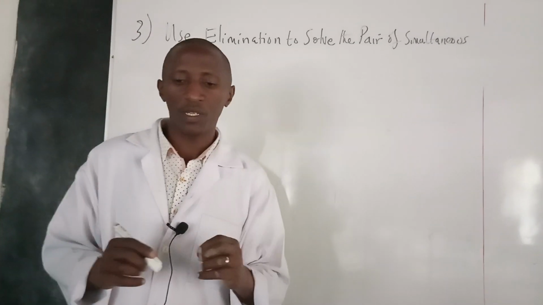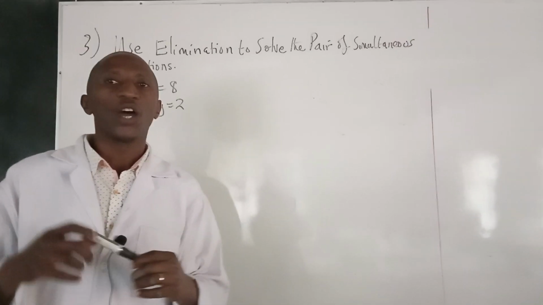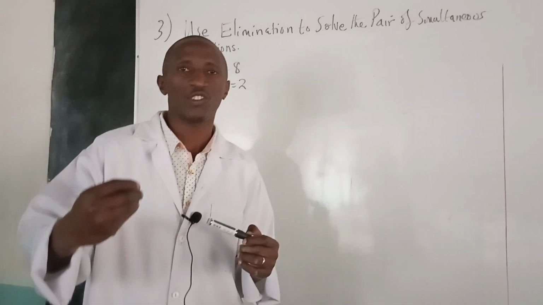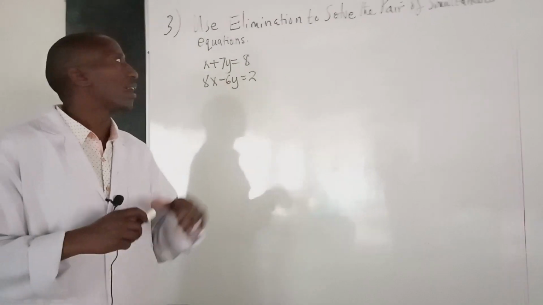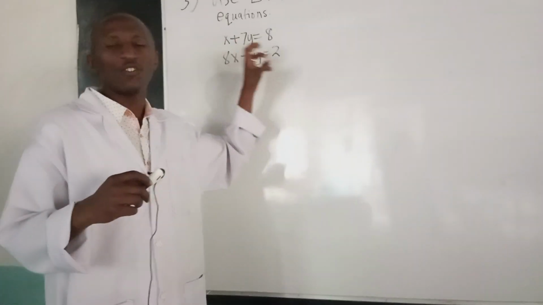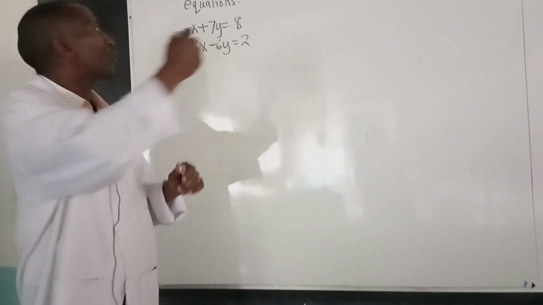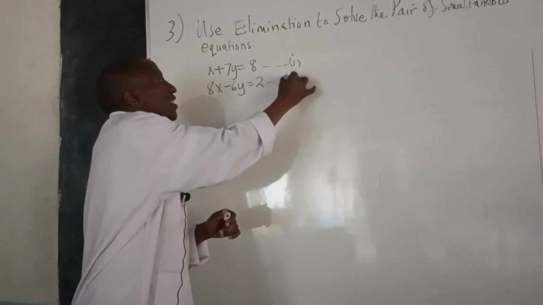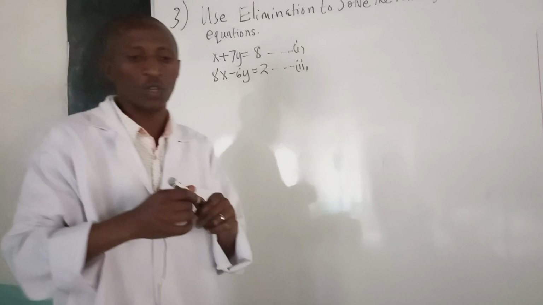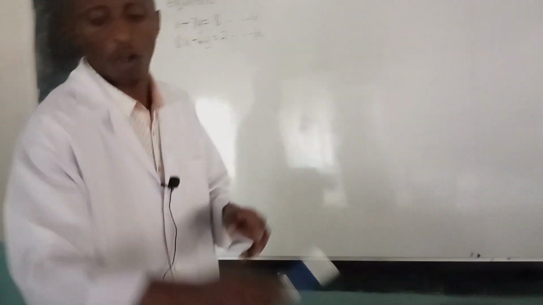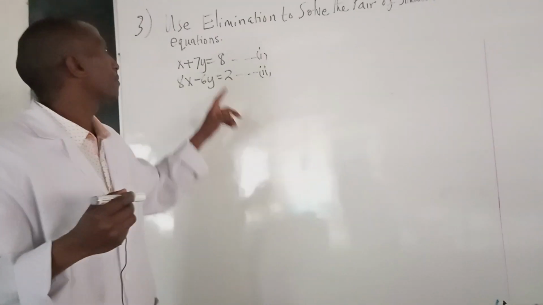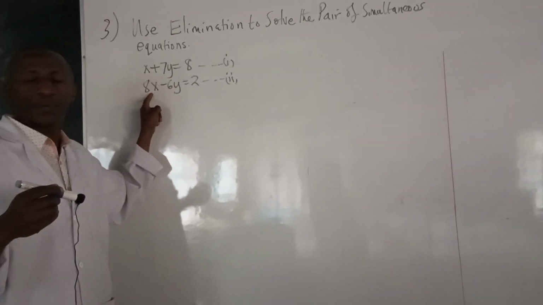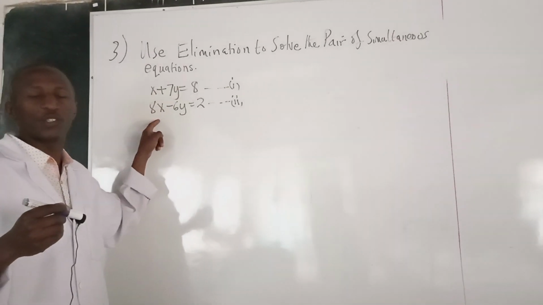So viewers, what we need to understand here is that we need to identify the simpler linear equation. The simpler linear equation can be obtained by checking the pair. If you look at equation number 1, it looks simpler when we compare it with equation number 2. So we are going to pick equation number 1, this one, and use it to be substituted